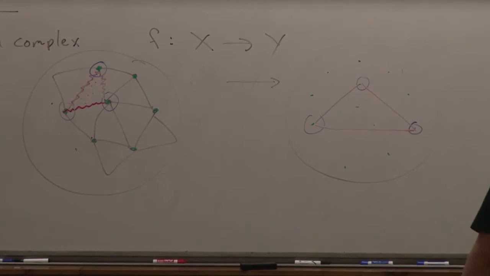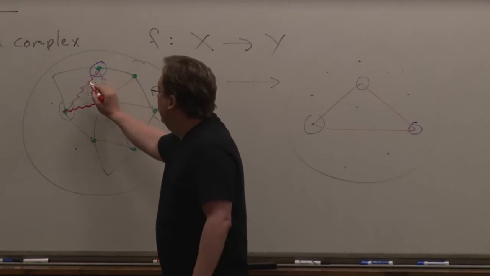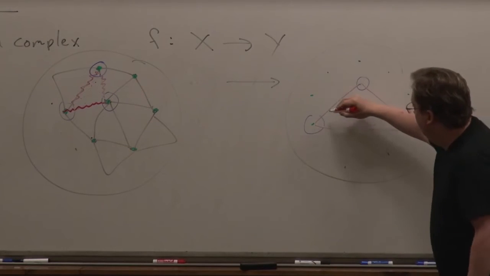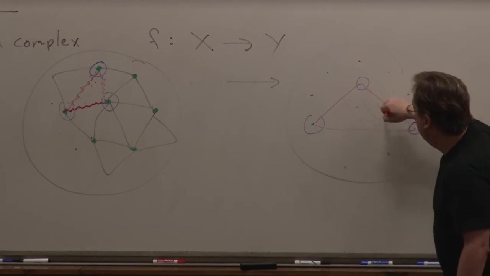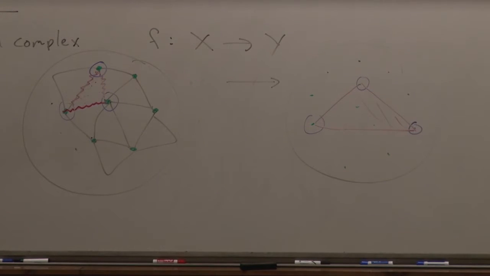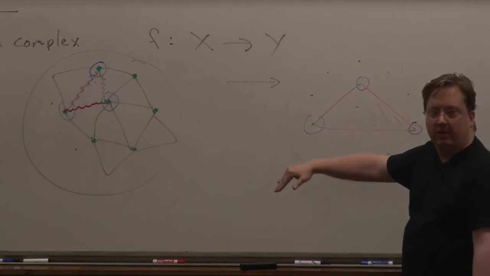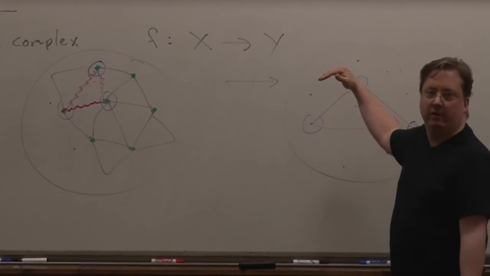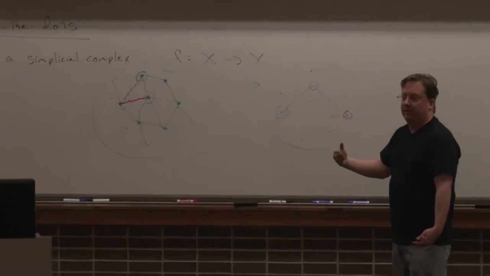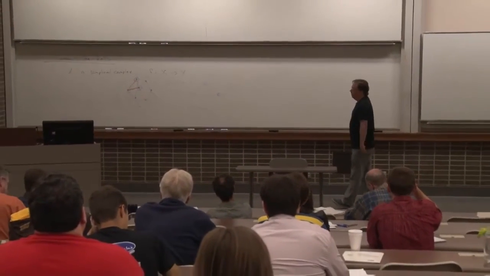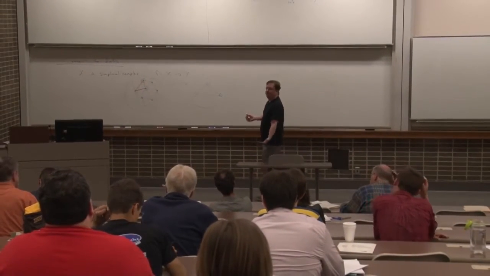What I would like to do is instead just replace it with some nice, say, piecewise linear map from this simplex to something over here. And the problem is I need a something. Okay. So when I had to just connect 2 points that were close together, I was guaranteed there was a path that ran between them that wasn't very long. That's basically built into the fact that my space is a geodesic metric space. But the higher homotopy versions of that don't come for free.